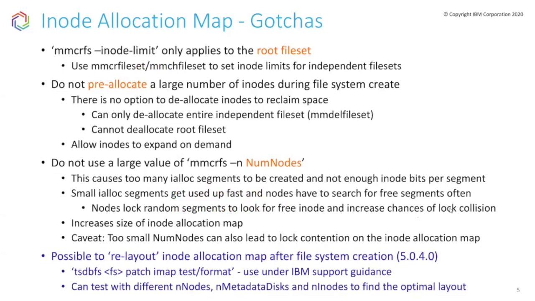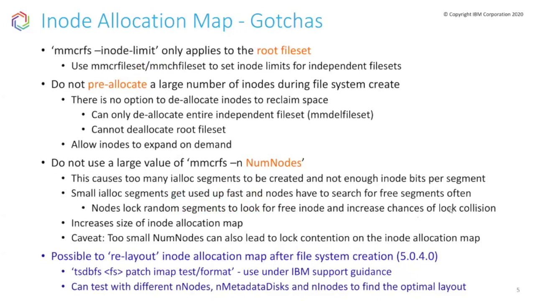call the root file set, the very first independent file set created as part of the file system creation. It is not the limit for the entire file system for all the independent file sets taken together. It's just a portion of it. Misunderstanding this might make you allocate more inodes than absolutely necessary, because you might be thinking you are allocating that many inodes for the entire file system for all the future inode spaces that you will be creating, which is not the